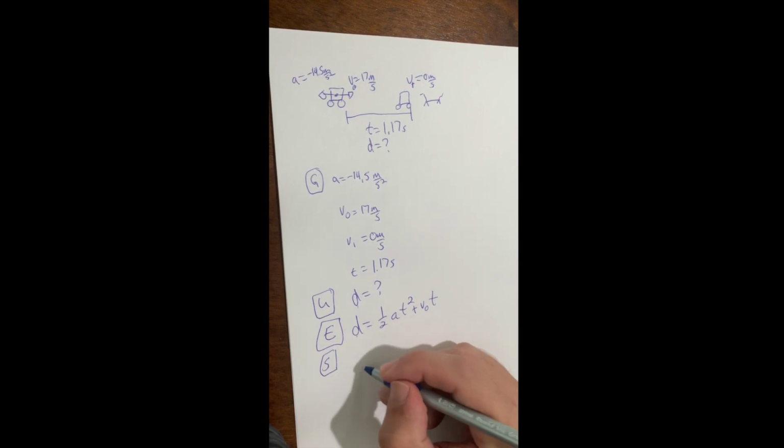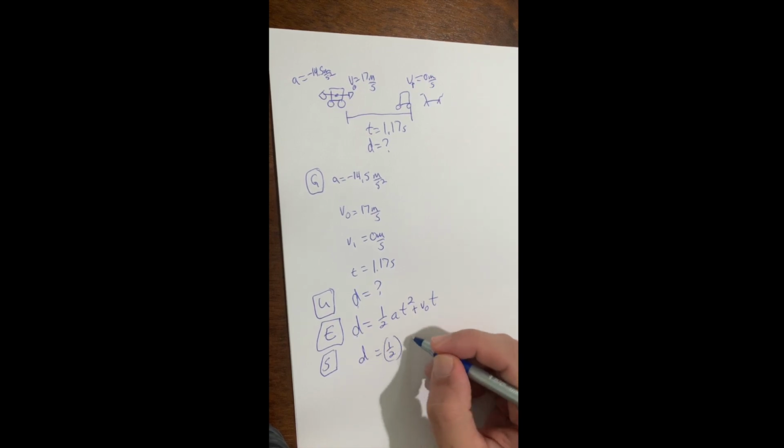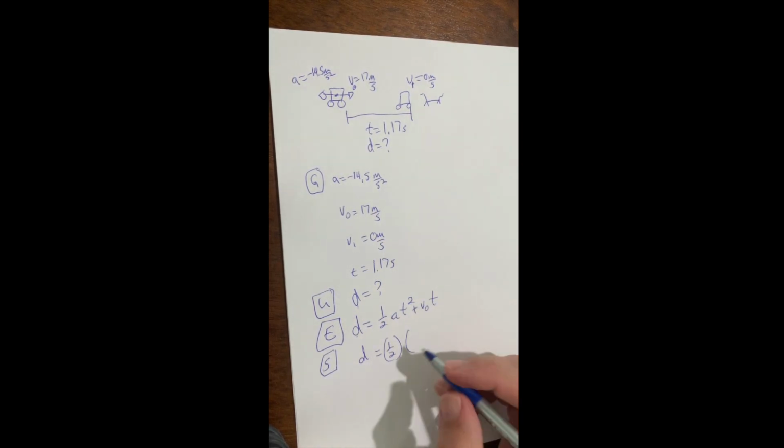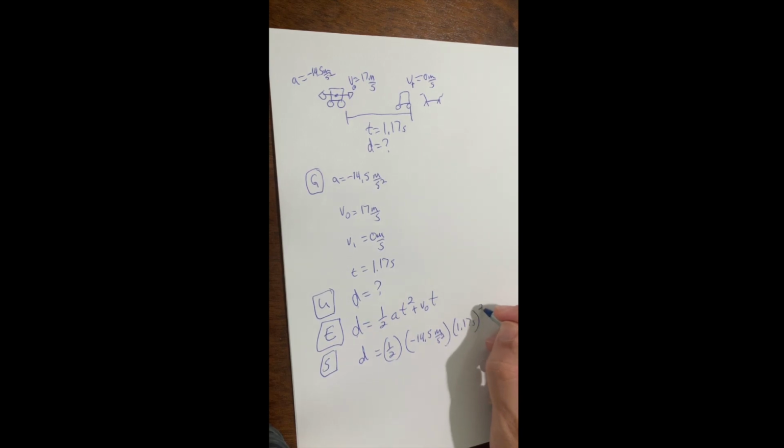D, I don't know it, so D. 1/2. A is negative 14.5 meters per second squared times T, 1.17 seconds, and that is squared. So I'm just going down the line and filling in parentheses, plus V naught, which is 17 meters per second,